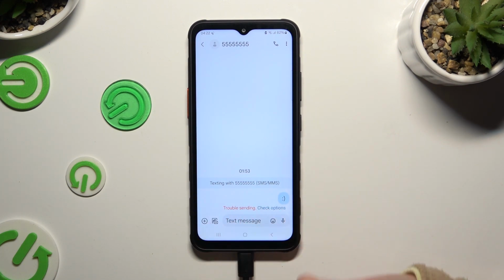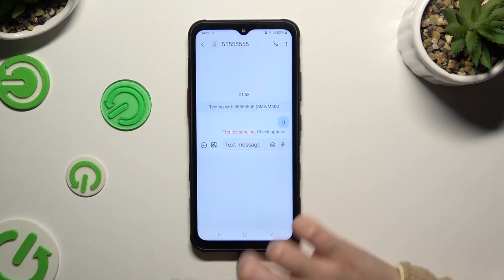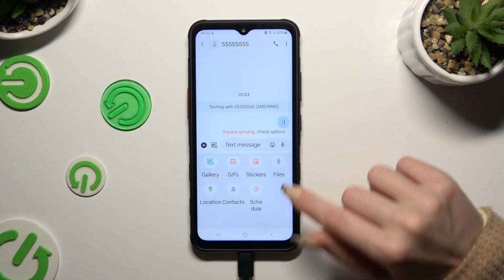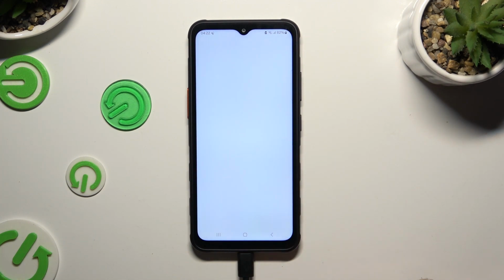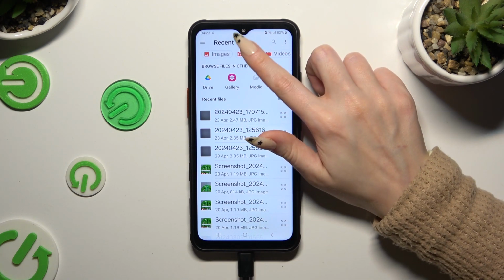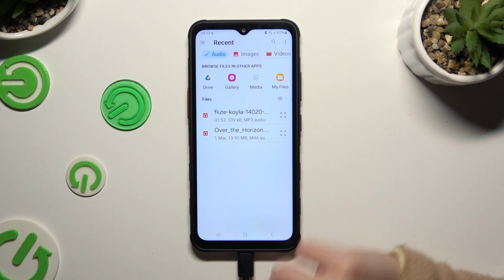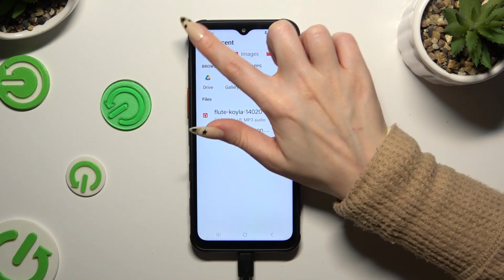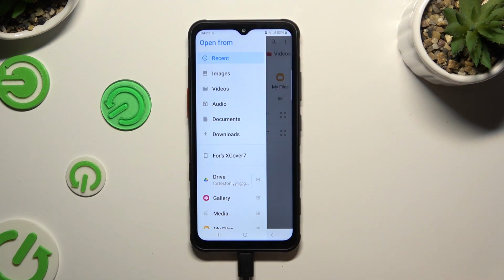Then click on this plus at the bottom left corner and click on Files section. Now to attach an audio file, tap on Audio at the top and look for it over here. Access one of those apps or tap on those three lines at the top left corner and click on one